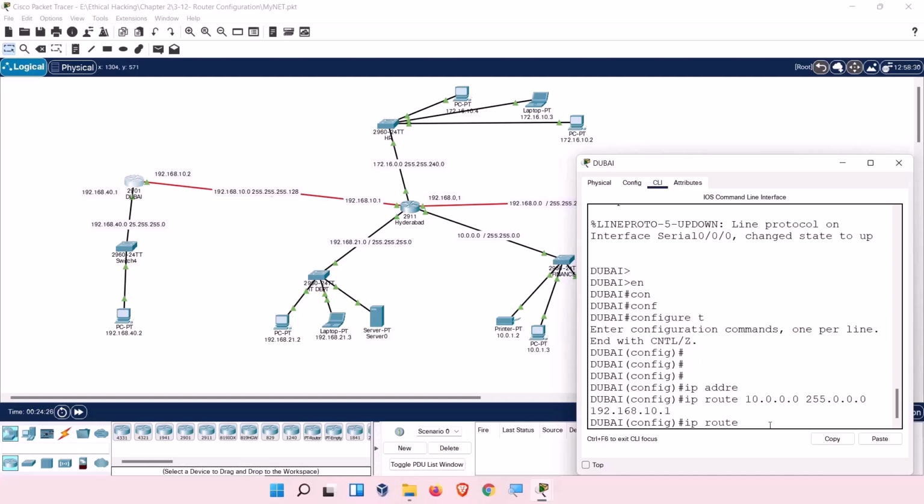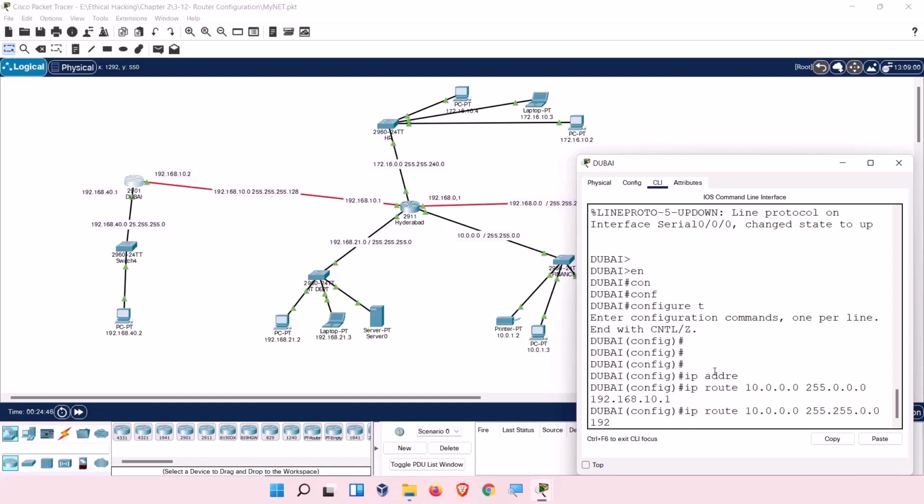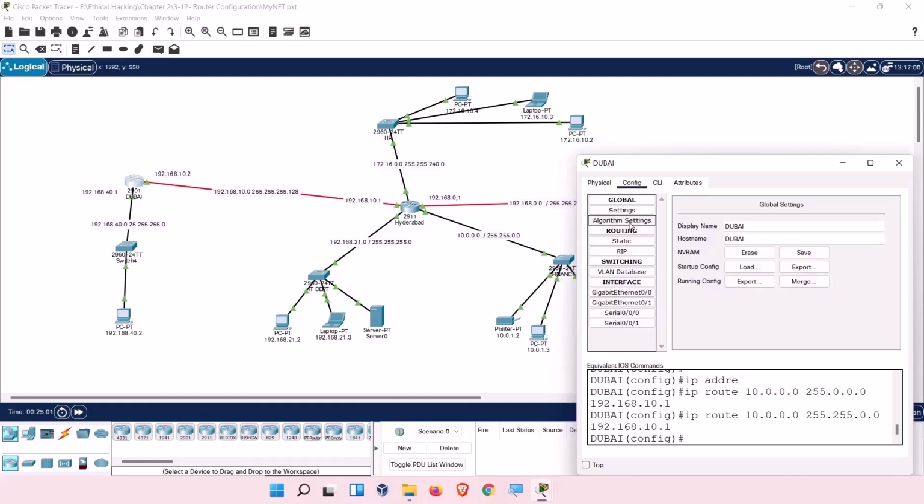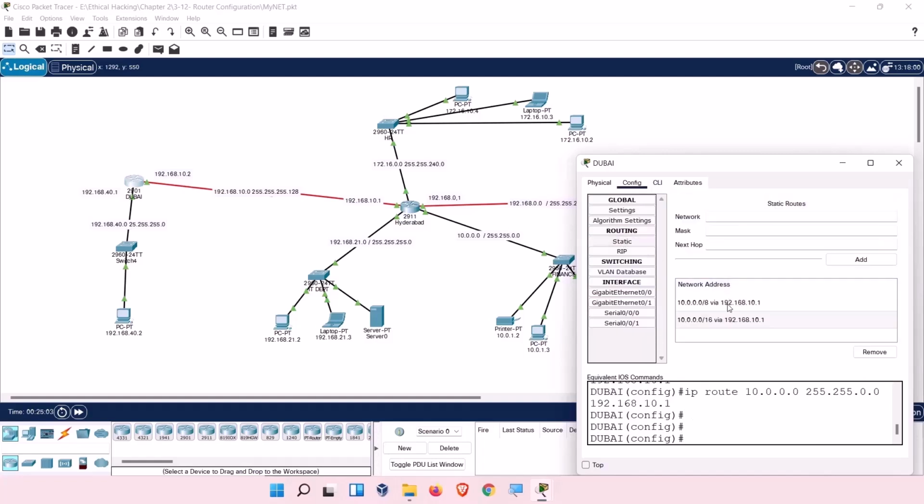IP route. I am now adding this network to the routing table as a static route. IP route 10.0.0.0, 255.255.0.0, and 192.168.10.1. It is 10.1. So we don't have any errors. That's going cool. So as you can see over here in the config tab, static, we have added two networks